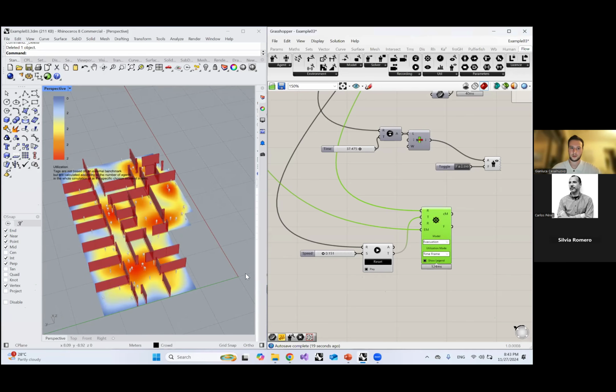So what happened is that the utilization just updates according to the agent movement, okay? So I have this real-time feedback between movements and utilization. Okay,